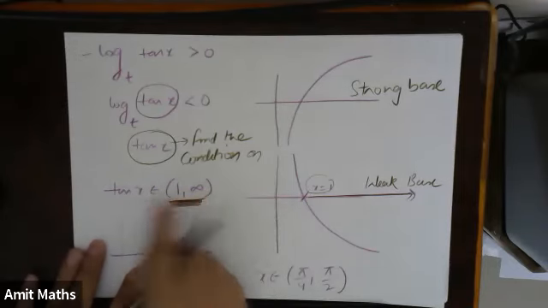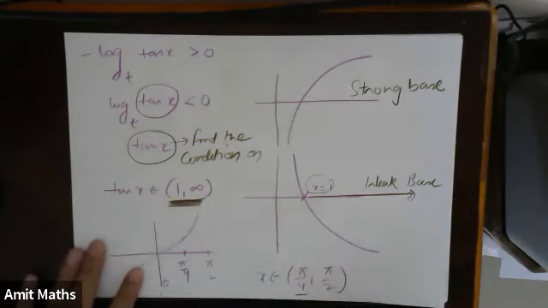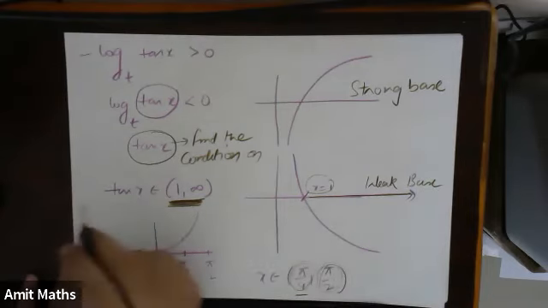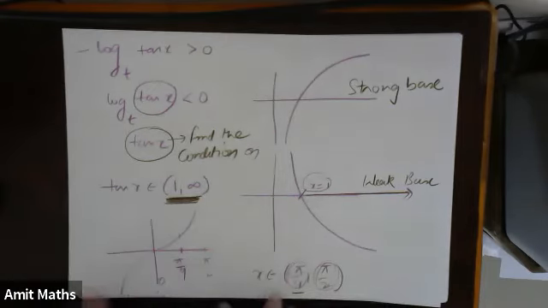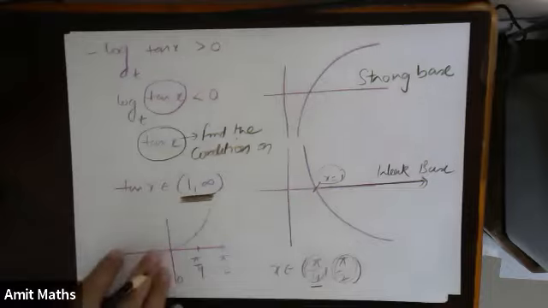At which point is tan of x equal to 1? Tan of x is 1 at pi by 4. At which point is tan of x infinity? Tan of x is infinity at pi by 2. So for x from pi by 4 to pi by 2, this function will have its domain defined. For these values of x only, the function will be defined. That means under the root you will have only positive values. This is okay for everyone. Fine.